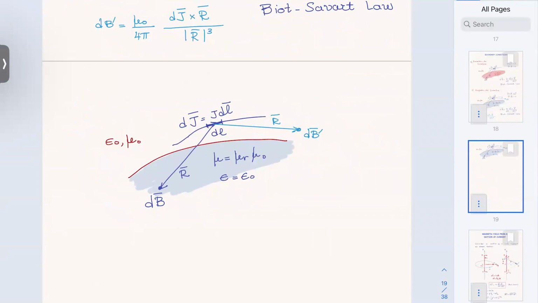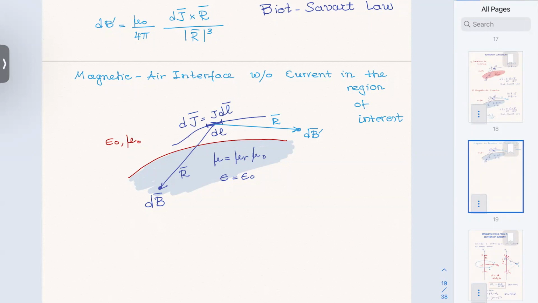And then I will consider two cases. One, a magnetic-air interface without currents in the vicinity, without a current in the space of interest, in the region of interest. Which means that I will take this out